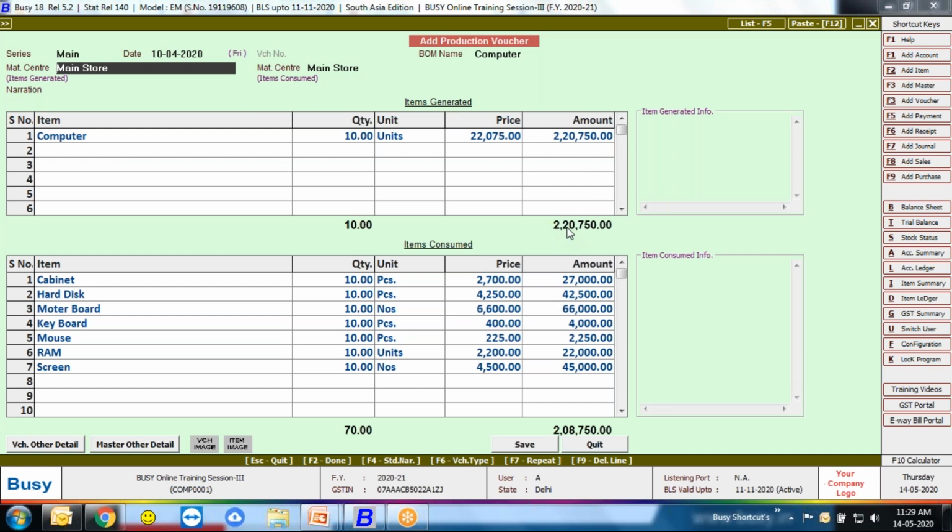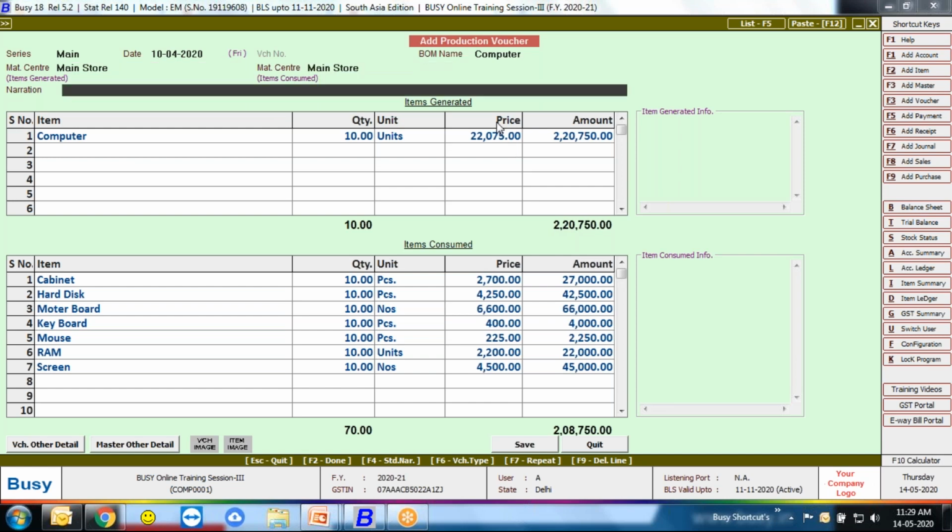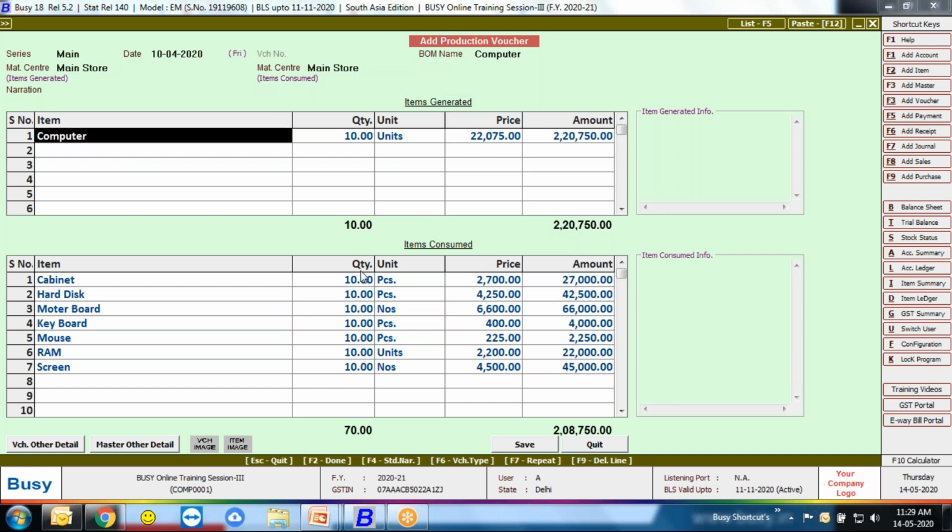That's why it's showing 2,20,750 rupees. So now all the raw materials are reduced from current stock and 10 pieces of finished product are generated.